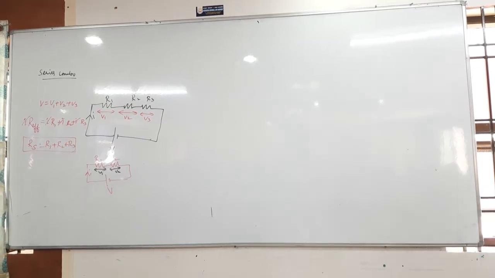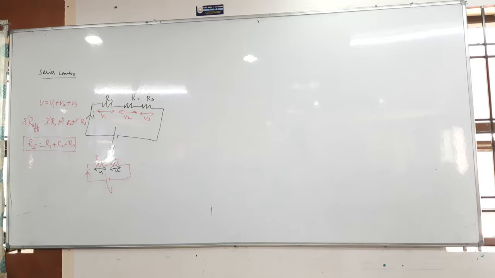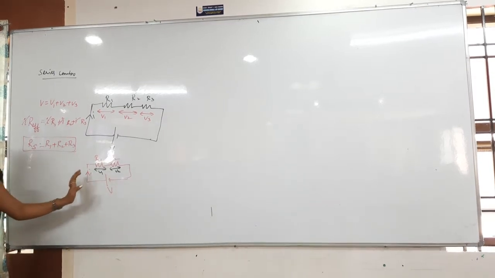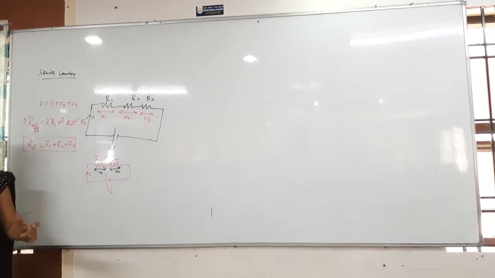What does this voltage become? Total current into total resistance, R1 R2 by R1 plus R2. R1 gets cancelled. You got that? V1 across R1 is V R1 by R1 plus R2, and V R2 by R1 plus R2 is V2. See that in series combination the current is same, voltage is different.